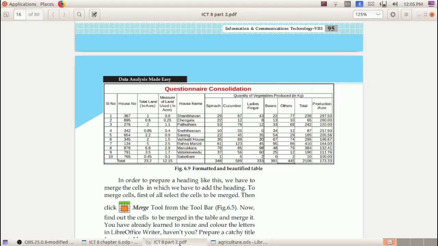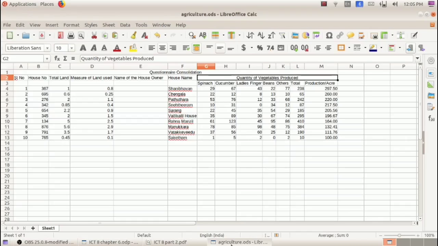Now in the textbook we can see that the main title is red in color and the font size is a little bigger than the other entries in this table. So how to make such changes? How to change the font style, font size, font color? All these things you have already learned in your first chapter, in LibreOffice Writer. In a similar manner, we can change the font style, font color and font size here in LibreOffice Calc also. So first we select the